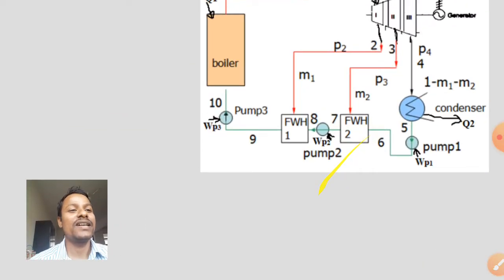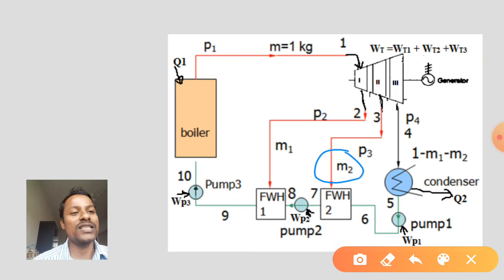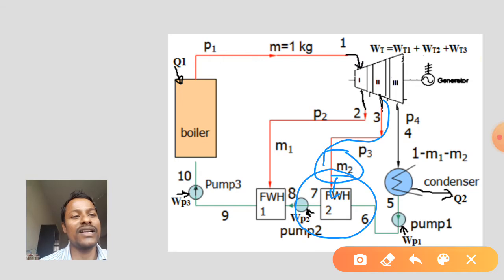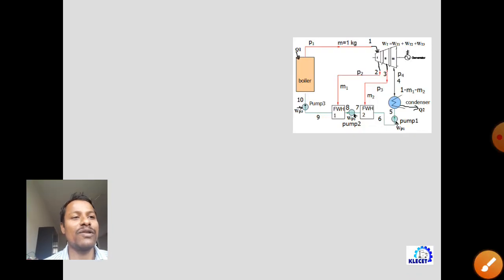So then again similarly, we need to find the mass of the steam bled from the turbine into feed water heater 2. So that is M2 we are supposed to calculate. It is bled at point 3 here from the state 3 and sent to the feed water heater. So then we do the energy balance for feed water heater 2. So this is one inlet and this is another inlet, and we have the outlet as 7. So we'll take this one outside and we do the energy balance for this feed water heater.